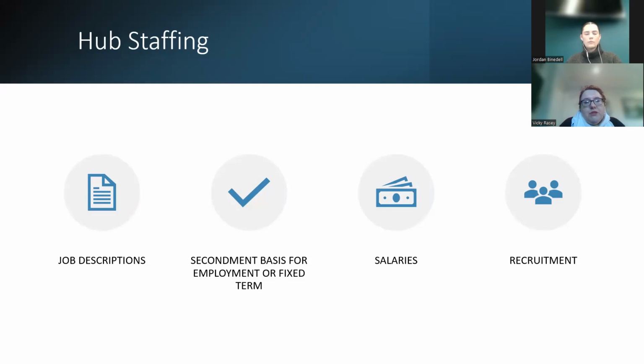And then they would be supported in their line management by Wiltshire and Cornwall. They have to fit into Wiltshire's working structure, but they will have a buddy at Cornwall. The job description itself, as we said, looks after the day-to-day running and supports that staff team there, but would also have a role in the